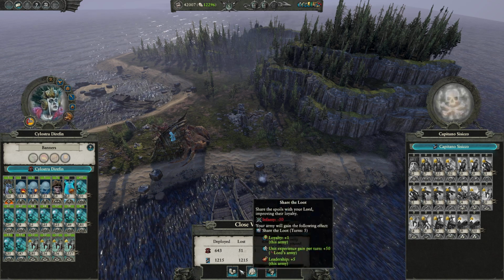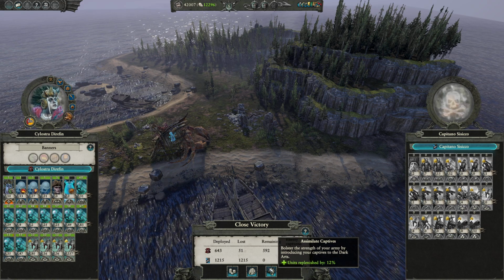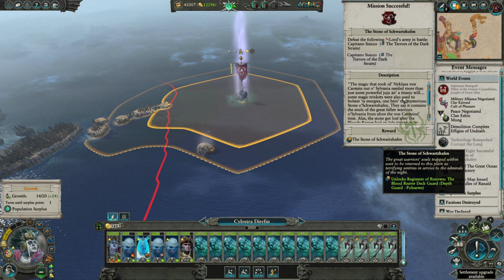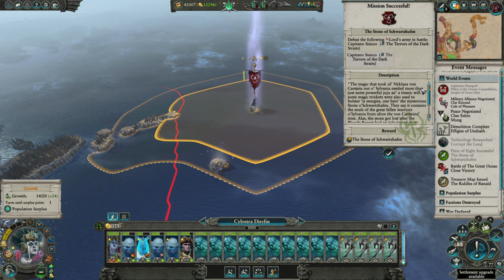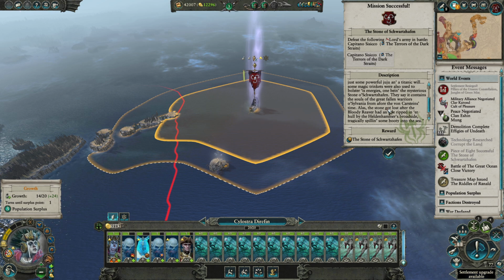Now we are going to heal up, even though this could give us a decent amount of money. We're pretty good in terms of cash. So yeah, let's heal up. And there we go, unlocked ourselves a Stone of Schwarzhofen. I believe we didn't read this, so we're going to give it a read right now. The magic that took old Nikolaus von Karstein out of Sylvania needed more than just some powerful juju and a titanic will. Some magic trinkets were all...